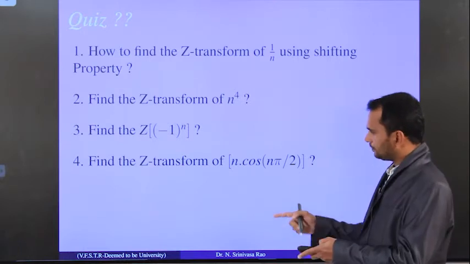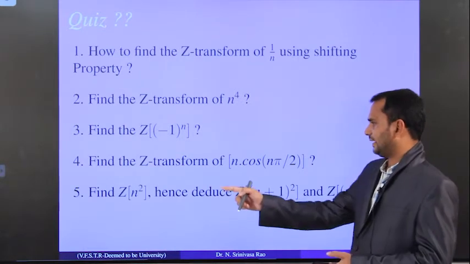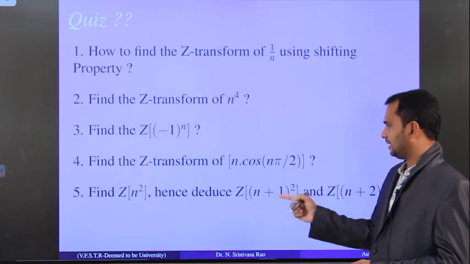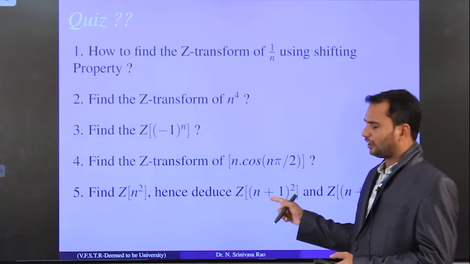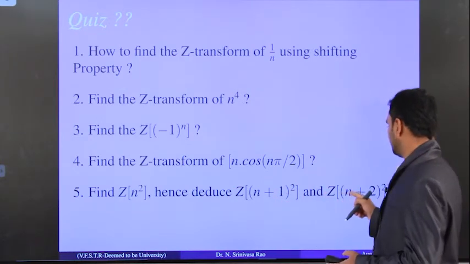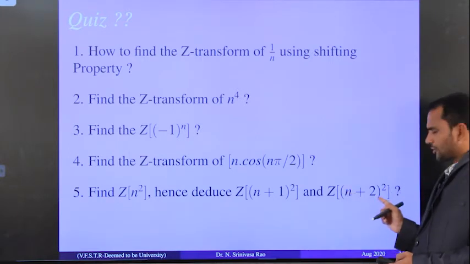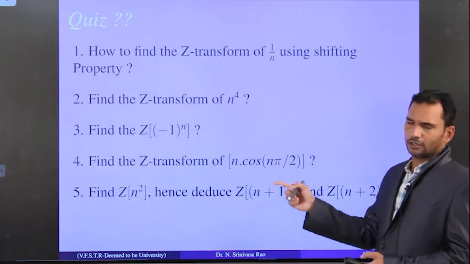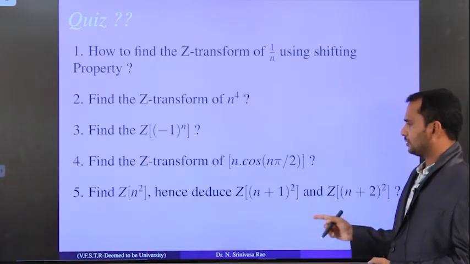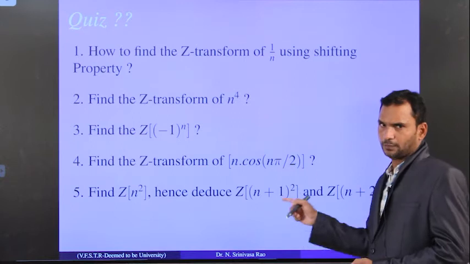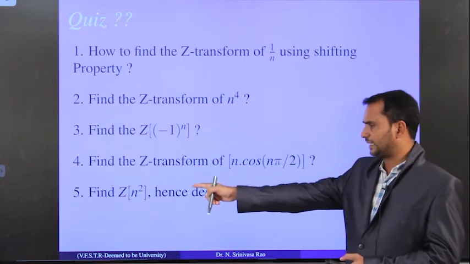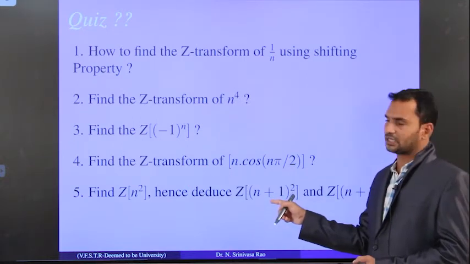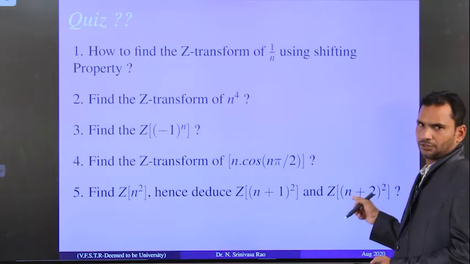So now 5, so find Z transform of n square, hence deduce Z transform of n plus 1 whole square and Z transform of n plus 2 whole square. So how we are going to find this? First, Z transform of n square already we know, already we found. So from this you have to use the shifting property. So if u n is n square, this is u n plus 1, this is u n plus 2. So you have to choose